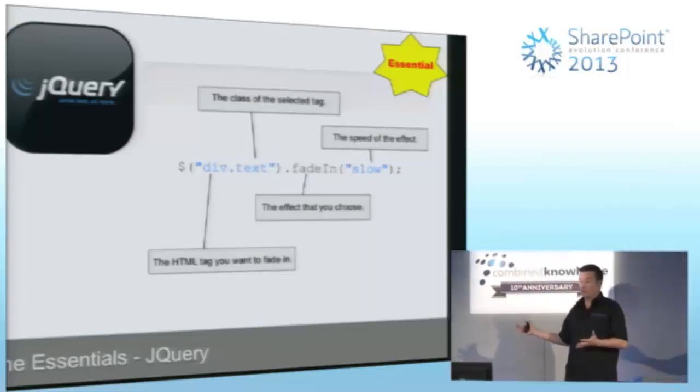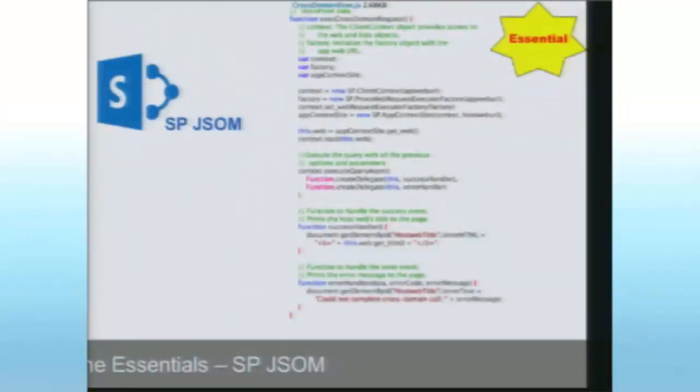It's also shipped with the Microsoft platforms. So this is a fully supported Microsoft library. It's not like a hacky thing you pull off the internet and away you go. It's a fully supported Microsoft library. They love this thing. So next one is the SharePoint JavaScript object model, which I think is obviously the first